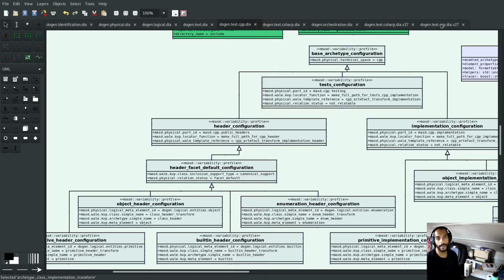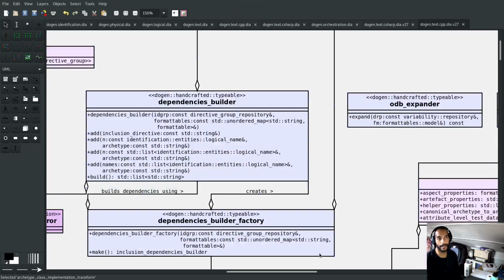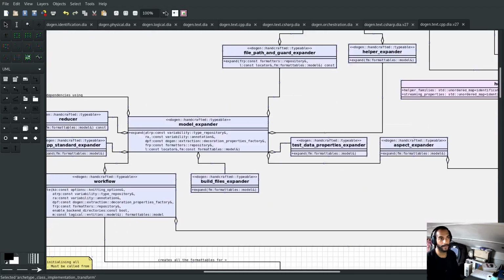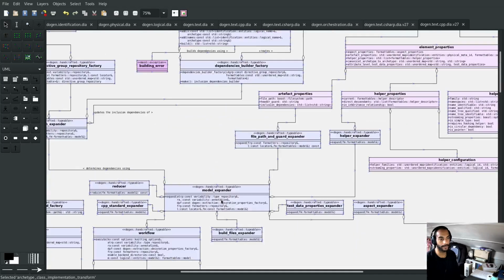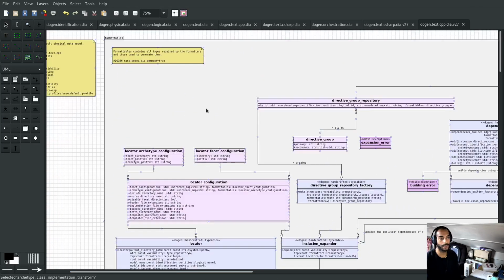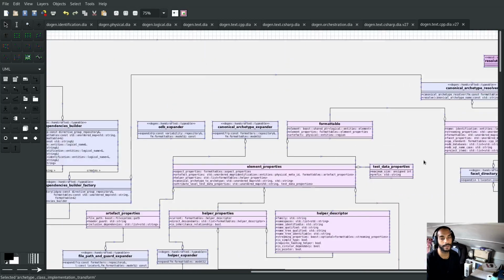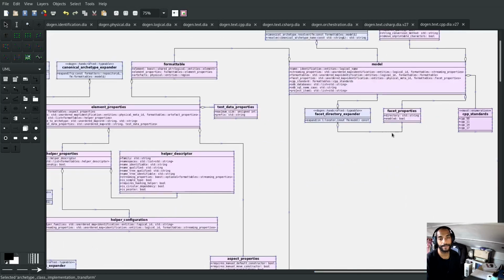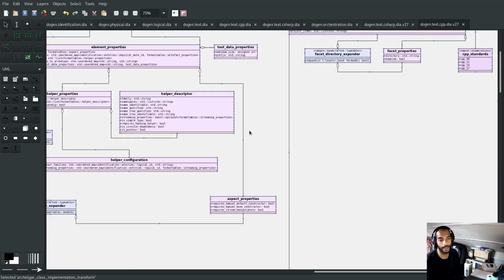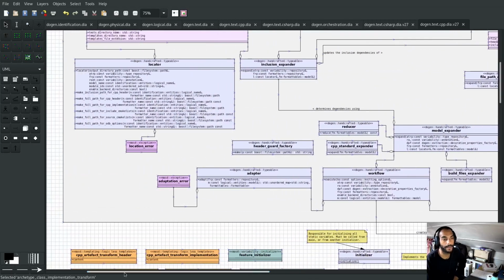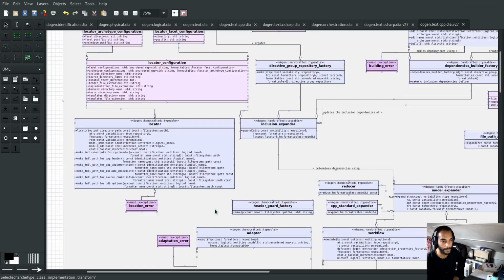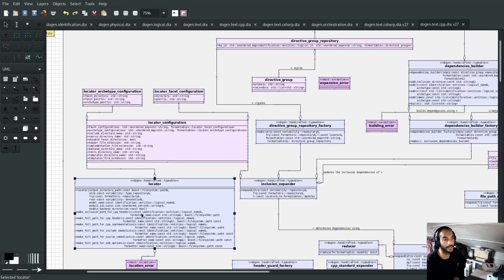Well, if I take a look at how the C++ model looked in the previous sprint, let's go back to 100. In fact, I'll even go as far as saying, let's just go to 75 for a second. So you see there is the whole of the formatables namespace in one of these technical space specific models. So you can see here, formatables still has a ton of stuff, right? And all this stuff you see here, it really shouldn't be here, because I mean, there is no such thing as formatables, really. Particularly, there's this class here called the locator, which had the responsibility of composing paths,